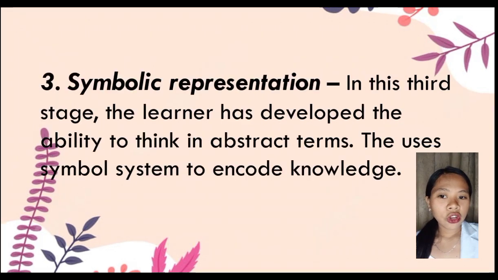And then the third is the symbolic representation. In this third stage, the learner has developed the ability to think in abstract terms. This uses symbols to encode knowledge. The most common symbol systems are language and mathematical notation. For example, a student tells his teacher that he knows something by writing an essay or journal that is in the